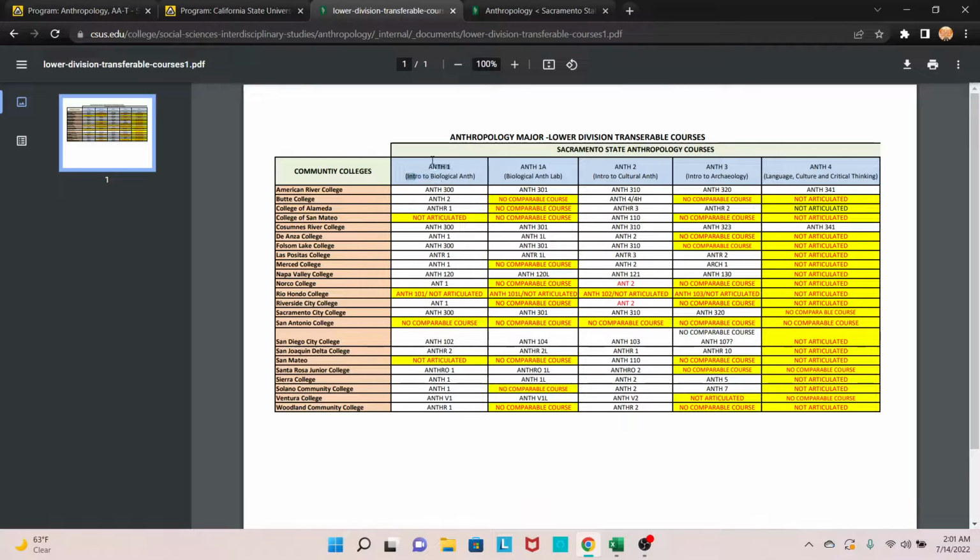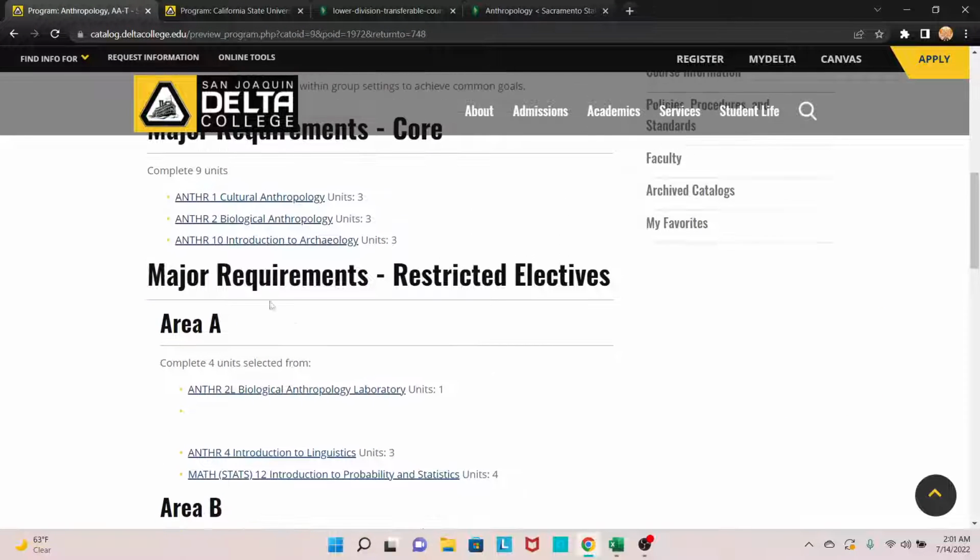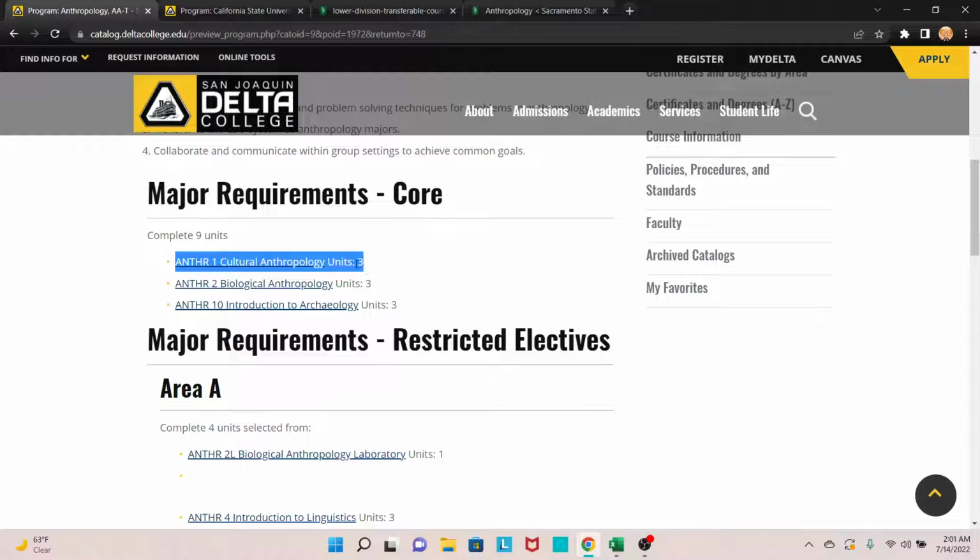So Anthro 1 at Sac State is called biological anthropology. That's Anthro 2 at Delta. Therefore, if they want to require this in the degree, we already have the equivalent. Given that they have a lab attached to it at Sac State, and we also have a lab attached to it, it further backs up that this would probably be a good class to take at Delta. Cultural anthropology is called Anthro 2 there. That's Anthro 1 here, which is also nice because we can find Anthro 1 right here, which we need to